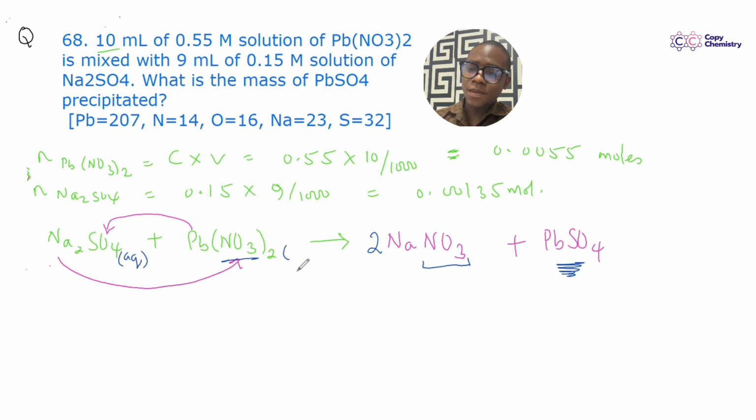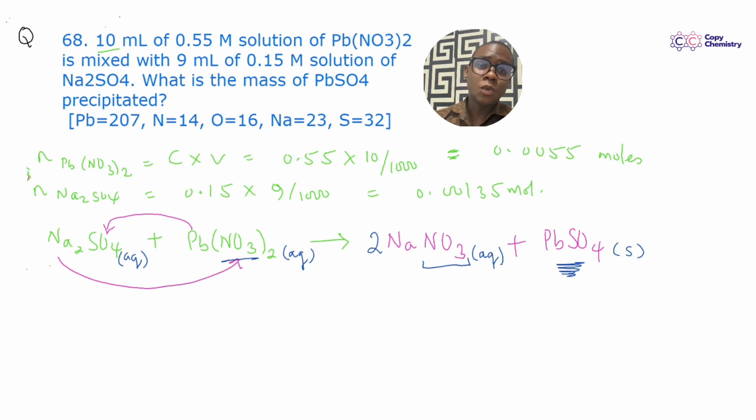If you're writing this in the exam and then your teacher is really peculiar about the states, then this is what you need to do. Show your states. They already told you that they are solutions of lead nitrate and sodium sulfate from the question. So I'm writing aqueous in both cases here. Besides, sodium salts are soluble and all nitrate salts are also soluble according to the solubility rules. Now on this other hand, I just said all nitrate salts are soluble, right? So that means this will also be in the aqueous form because it's soluble, whereas our lead sulfate would be a solid here